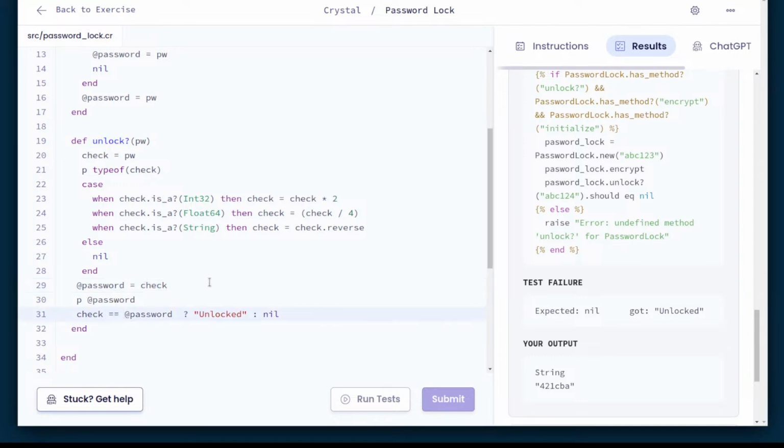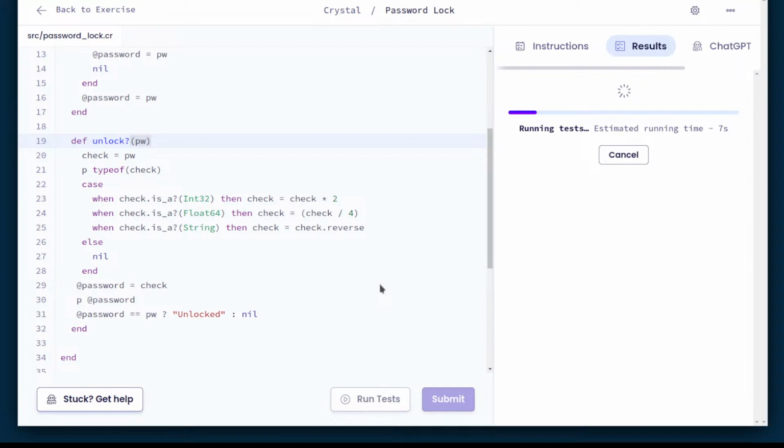And then you're going to say, does @password equal the argument that's passed in? You assign check, does password equal what was passed in, unlocked or nil? I think that's